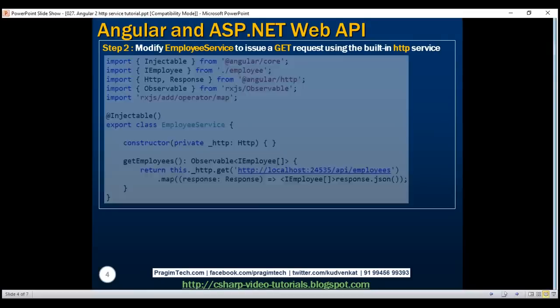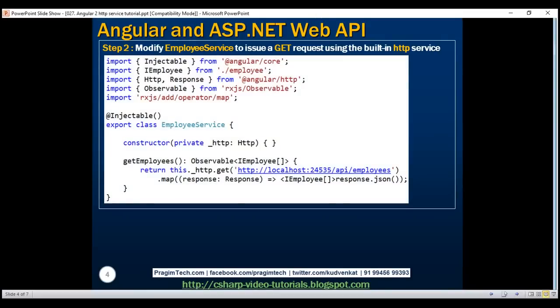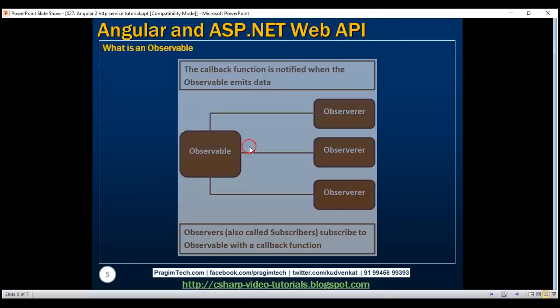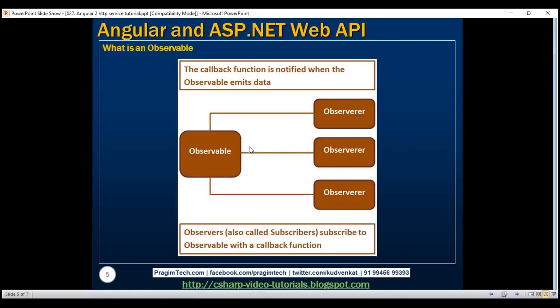So here is that same code which issues a GET request to our remote web service, and notice our service returns an observable. So let's now understand what is an observable. An observable is an asynchronous pattern. In this pattern we have an observable and an observer. This observable emits data items or notifications over a period of time, and the observers, also called subscribers, can